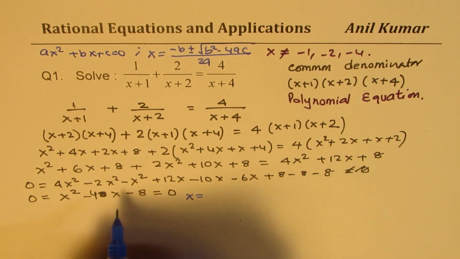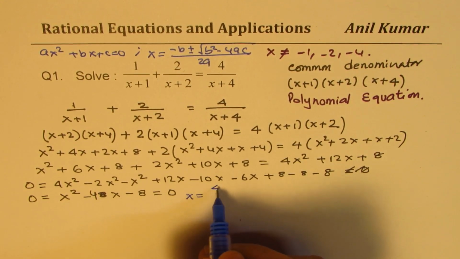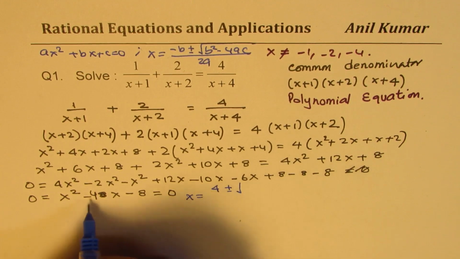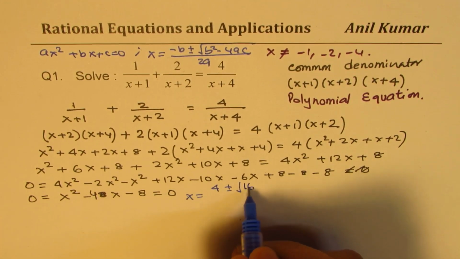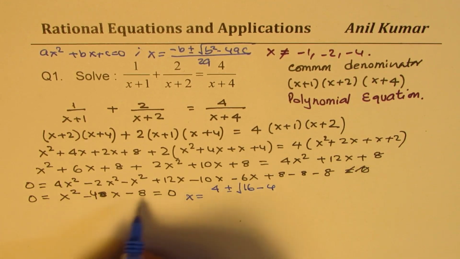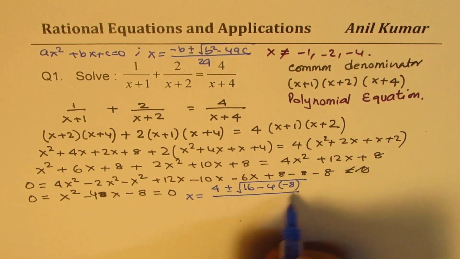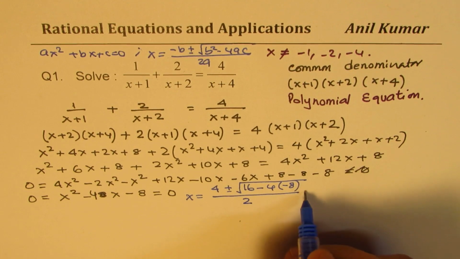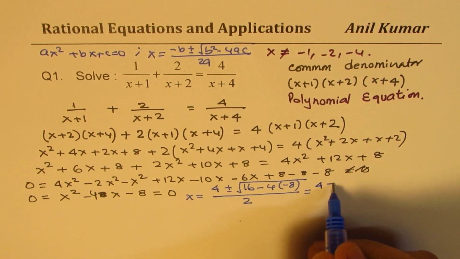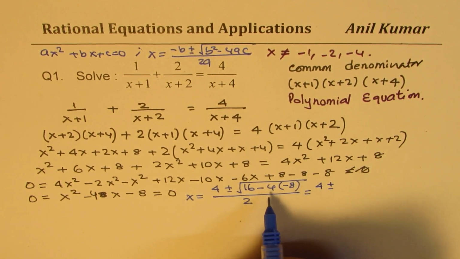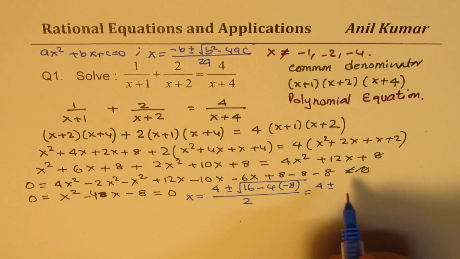So x is equal to minus of minus 4, which is 4, plus minus the square root of the square of minus 4, which is 16, minus 4 times a and c. c is minus 8, right? Over 2 times a, which is 1. So that is what you get. Or you get 4 plus minus, now this is 32, right? So it is 16 plus 32